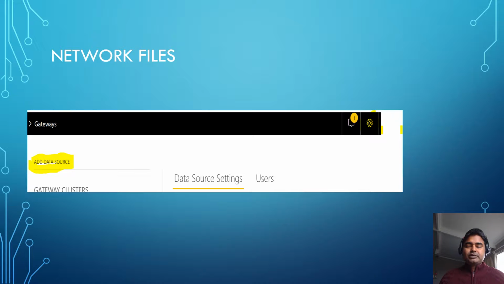So the files which are stored on networks like Excel files or any other file, or they are stored in folders. And also we will talk about how we can add users to those data sources when they are added. So for an example, if a file is saved on a network and you want to add a data